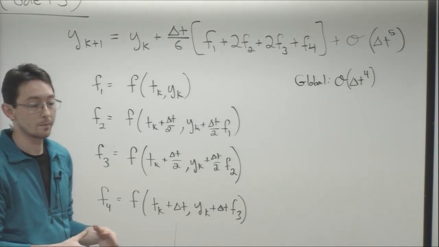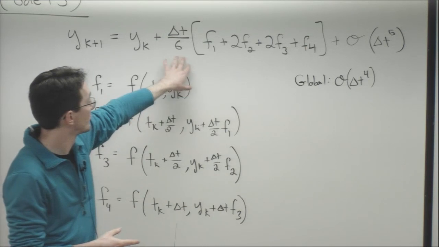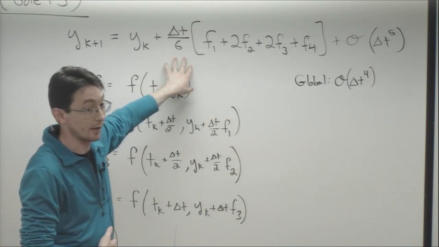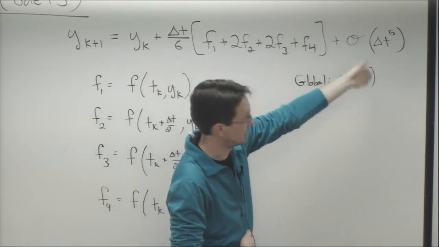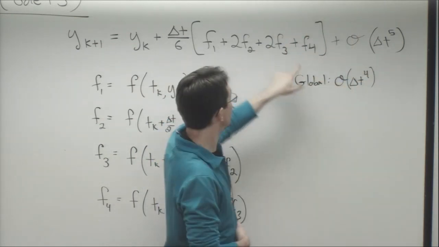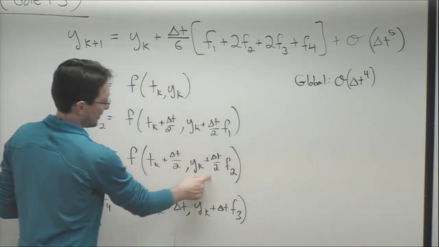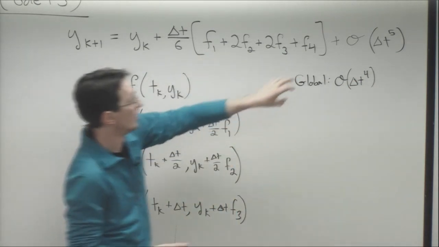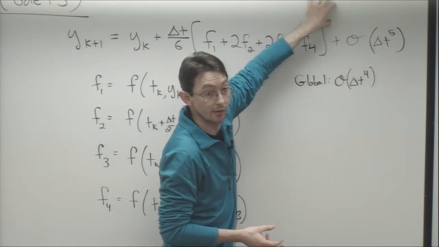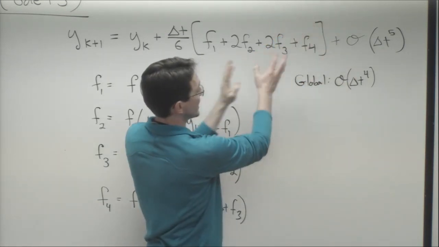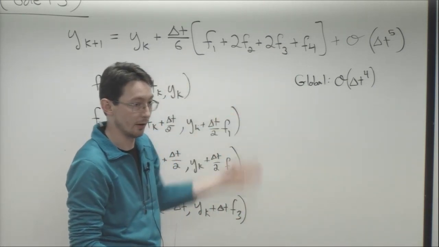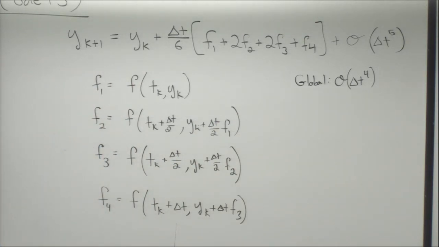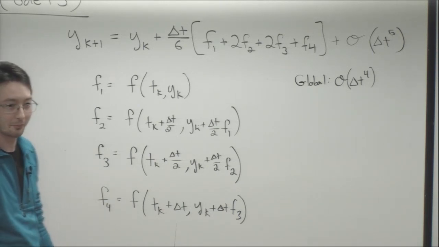So if you change the weighting, you might have a stable solution, but it's not going to be as accurate. Right. These weights are specifically chosen to cancel out the order delta t squared, delta t cubed, and delta t to the fourth terms. If you change any of these weights or any of these half steps, if you don't change them in exactly the right way, you're going to pick up error terms that are much, much larger than delta t to the fifth. So these are very finely tuned. We call this tuning your integrator. This is a highly tuned integrator. I can't imagine how much time it must have taken them to come up with this tuning. Maybe they just tried a bunch of things and it worked. I don't know. Sometimes that happens.